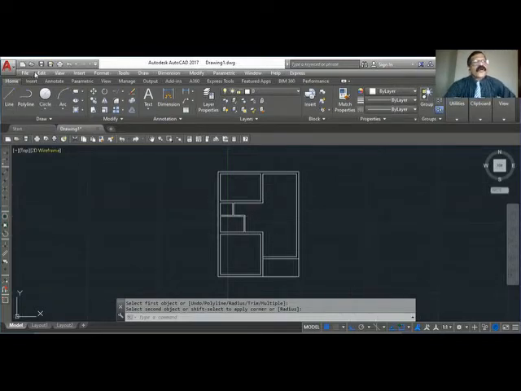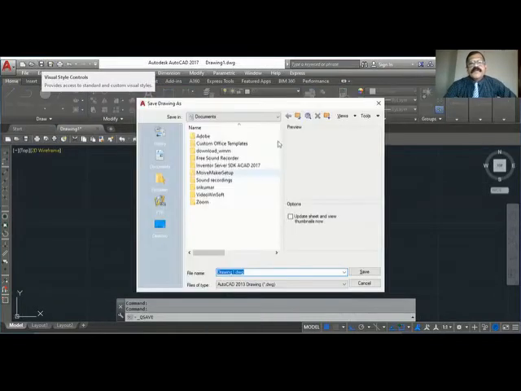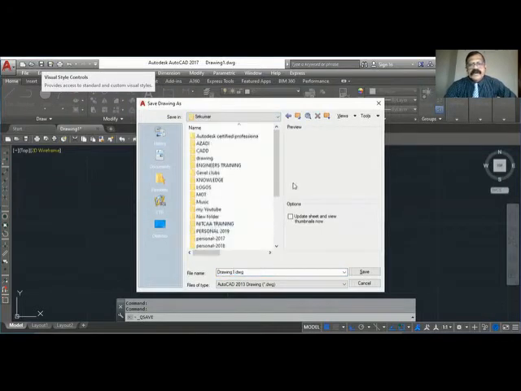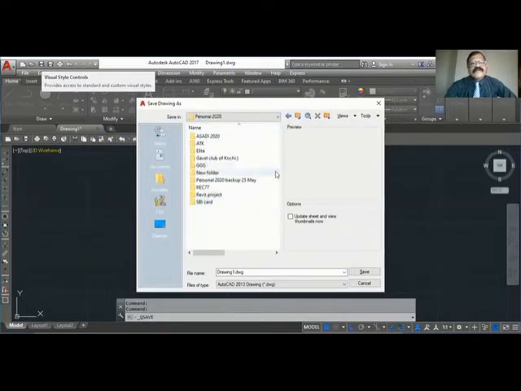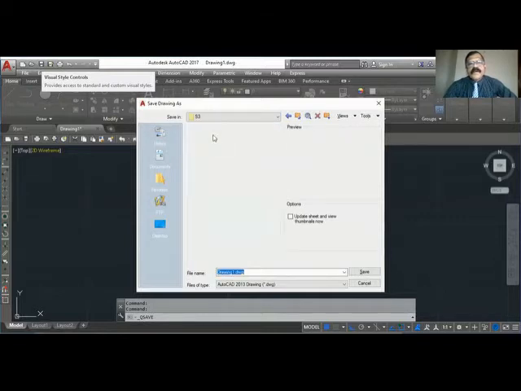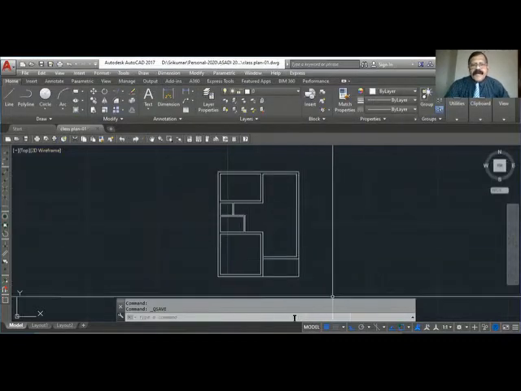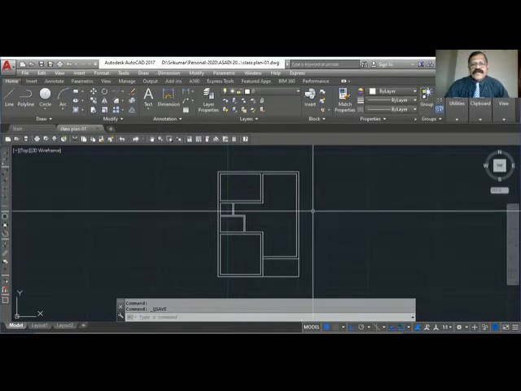Okay, so we will save this drawing here. Every time it is better to save the drawing. Don't take any risk. It will automatically save also, but better to always save. Okay, so this all should be in the same layer. That is why we are drawn with 0 white color.